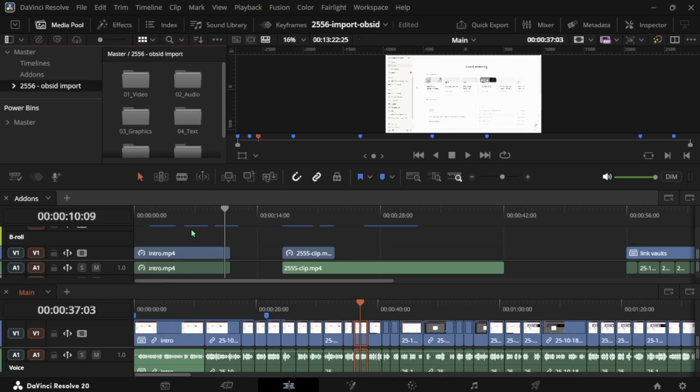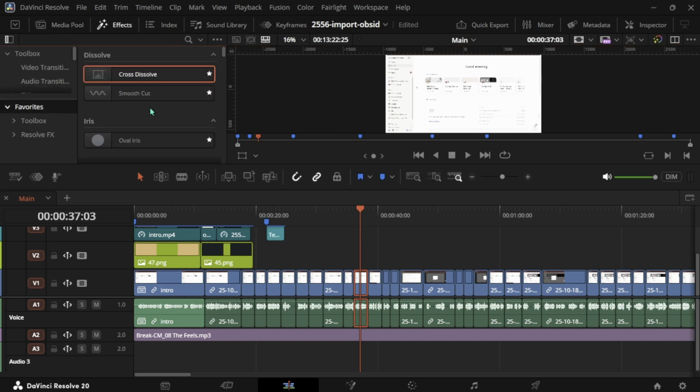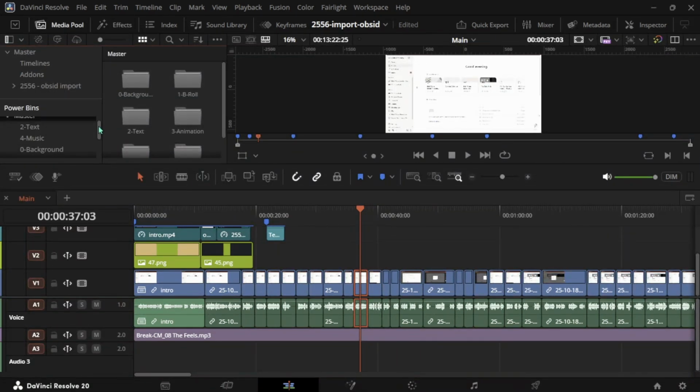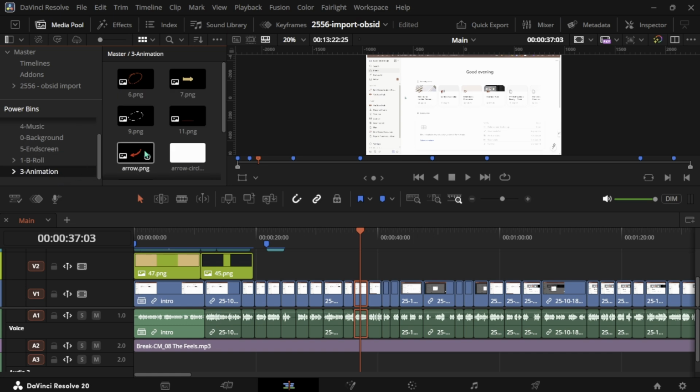So after I'm done moving things from the add-ons timeline to the main timeline, I can go back to single and start adding things like transitions, for example, cross dissolve, or any push or slide motions to move on to the next clip. If I need to add anything extra like music or animation, I go to the power bins to add music, so I can drag and drop to the last track or add any animation like the arrows,